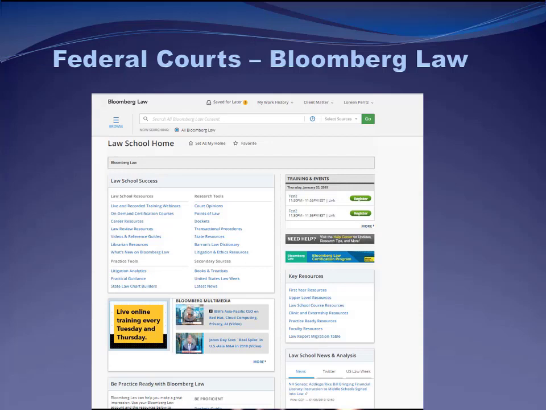All right, so let's actually take a look at Bloomberg dockets. As I mentioned already, Bloomberg's an excellent resource for dockets. Not only does it have good coverage, lots of courts available, you can also usually retrieve copies of the documents that are listed on the docket sheet. So if you find a complaint listed on a docket sheet, Bloomberg will allow you to actually download a copy